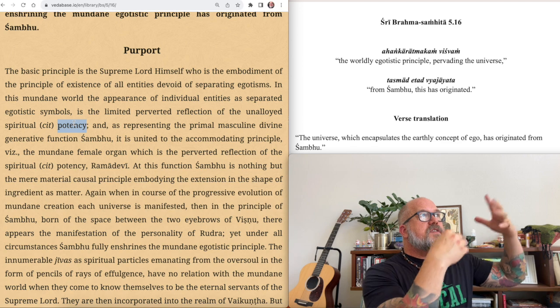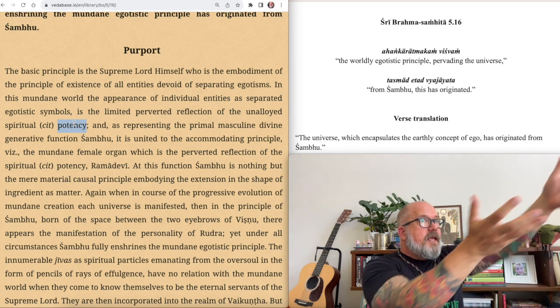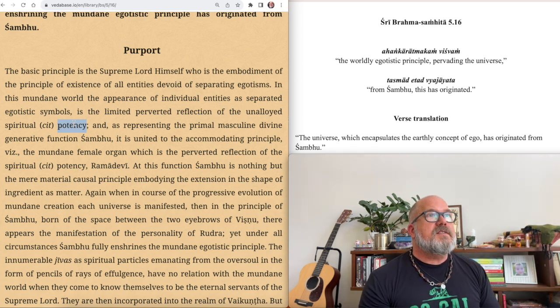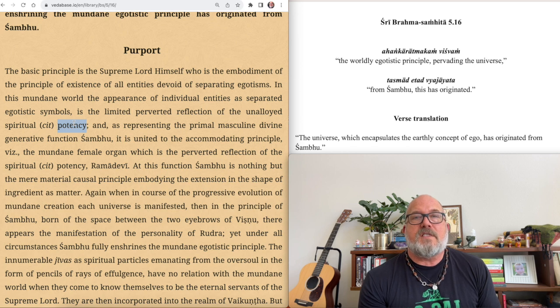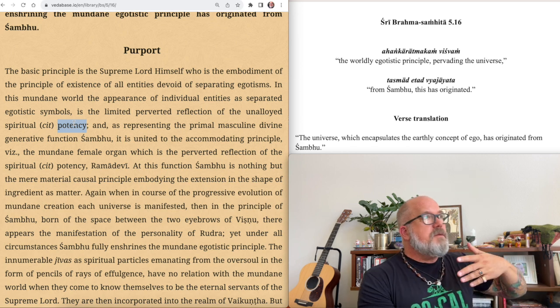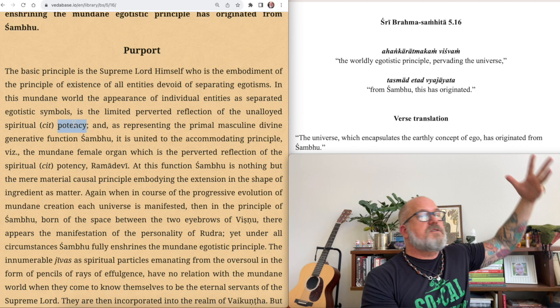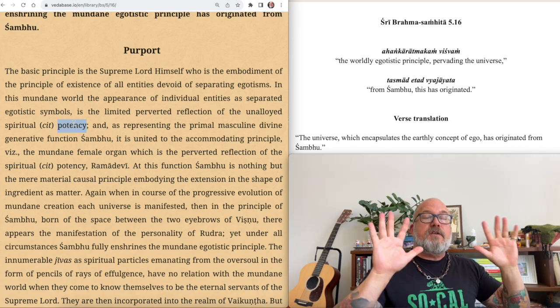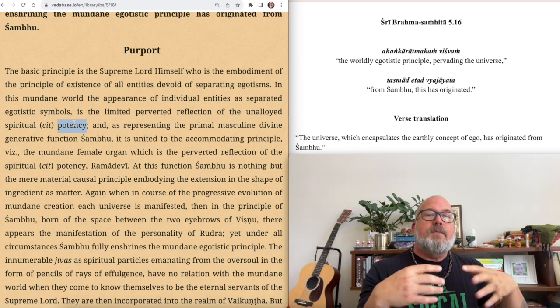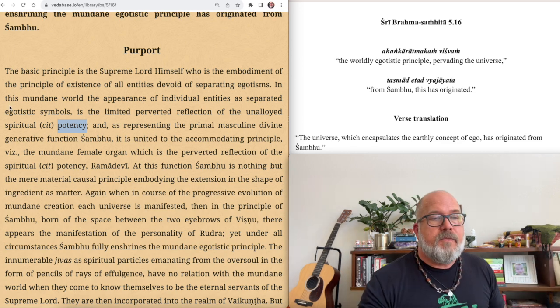Just like the sun, like I'm seeing sunlight come through these windows. And if I said, well, I don't see the sun, I just see the sunlight, there must not be a sun. I don't see it. That's an illusion. I just am ignorant to the sun. Maybe there's a cloud in the way. So in the spiritual universe, there is not a disconnect between the soul and God.